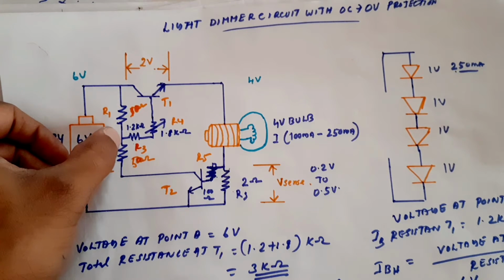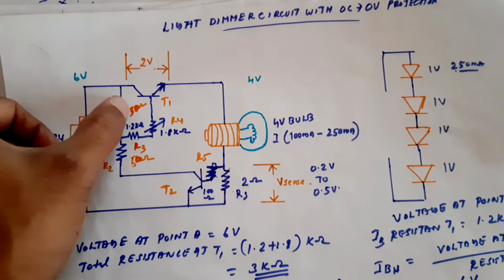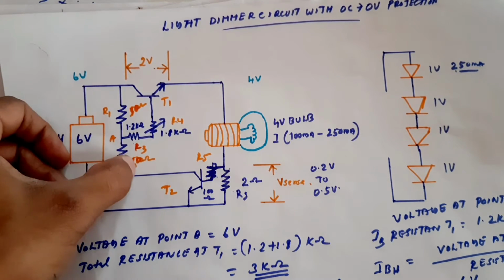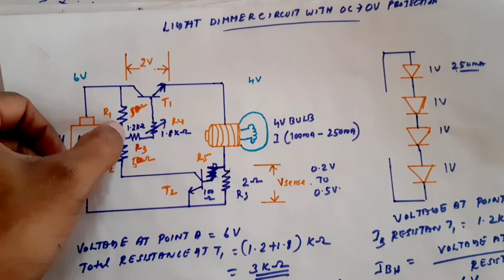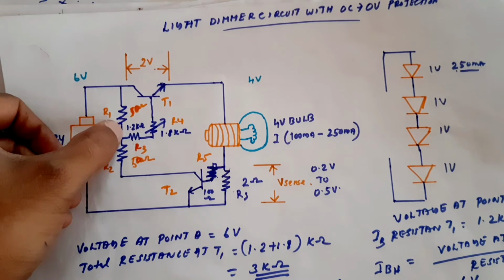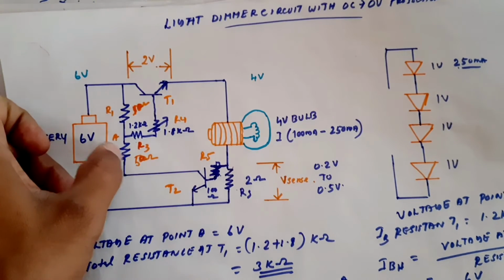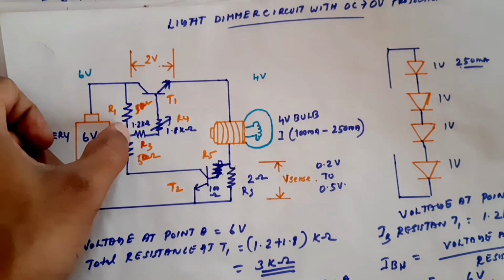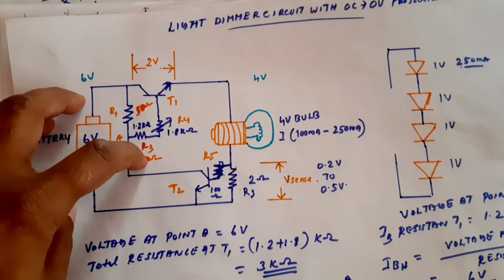The voltage at the point is now 5 volt. To drop the remaining 1 volt, we put 10 ohm in series with the 50 ohm, a total of 60 ohm. So 1 volt drops here, out of 6 volt, 5 volt is there, and this is grounded. So 5 volt is available now here. The resistor values are 10 ohm and 50 ohm.